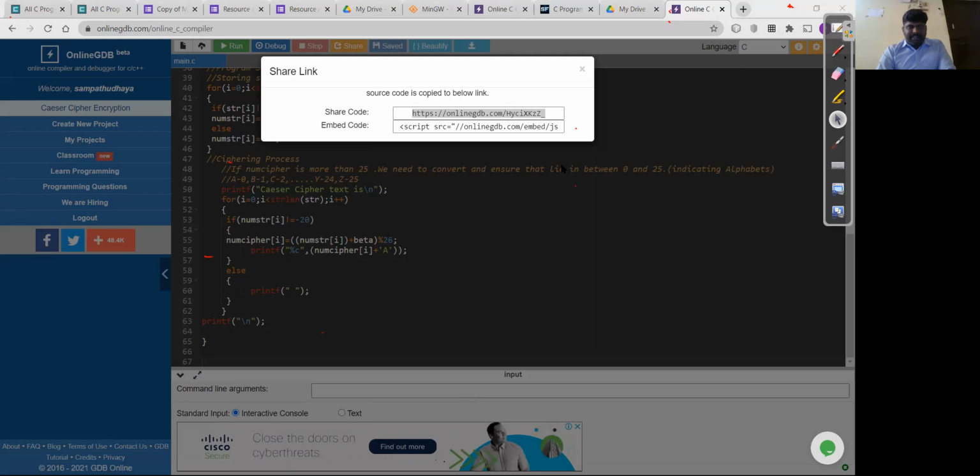Those who are attending the lectures through the mobile, especially for you all, I'm sharing the online compiler link with the program. You can just click on the link, that will automatically open the browser, any one of the browsers which you installed on your mobile, and you can execute the program directly and check it. You will get a direct interface. You don't need to install any software or applications. Don't give any excuses that you are attending the practicals from the mobile.